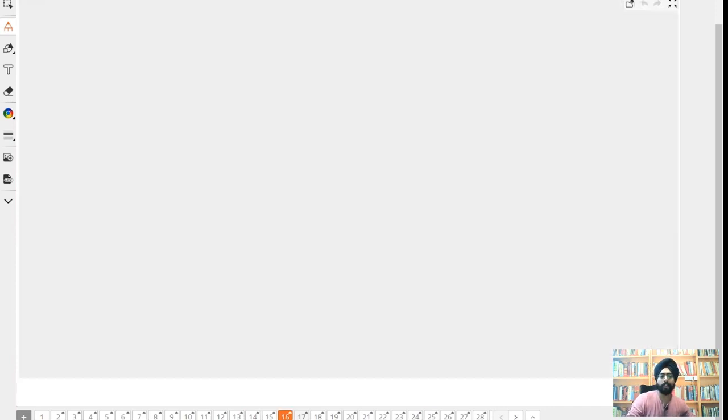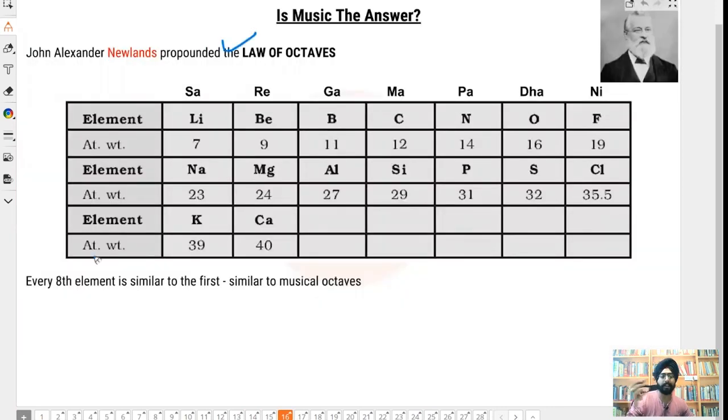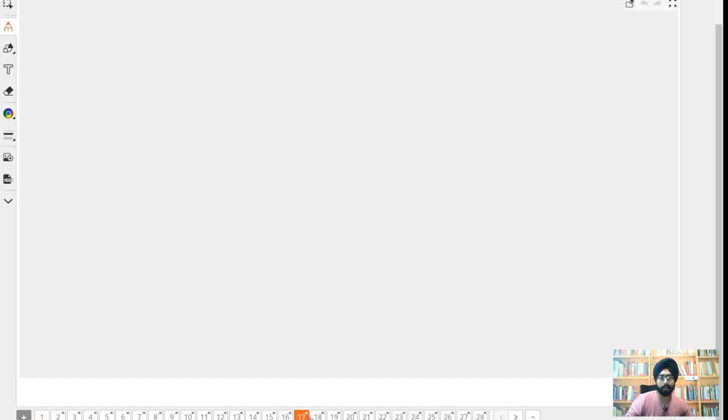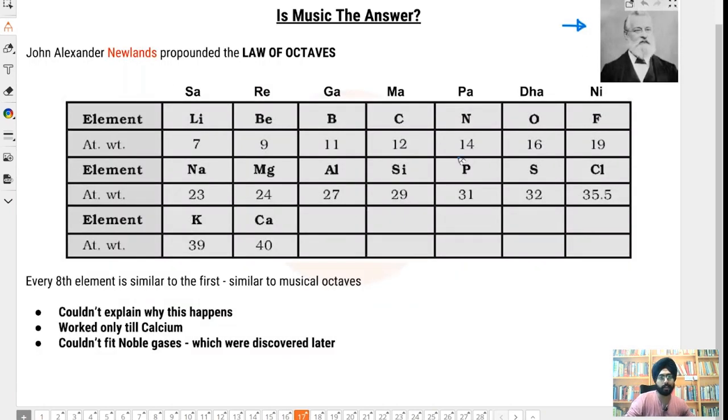Then we had the law of octaves. Octaves, basically every 8th element is similar to the first element. It was given by this gentleman over here called John Alexander Newlands. Okay, and he couldn't explain why this happened. He worked only